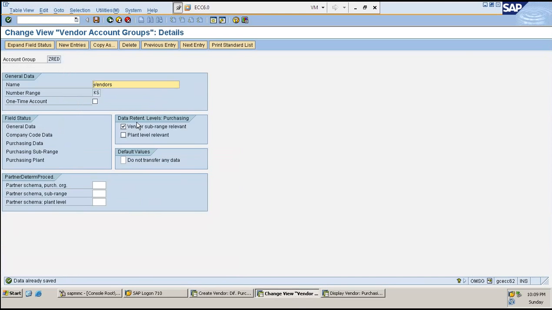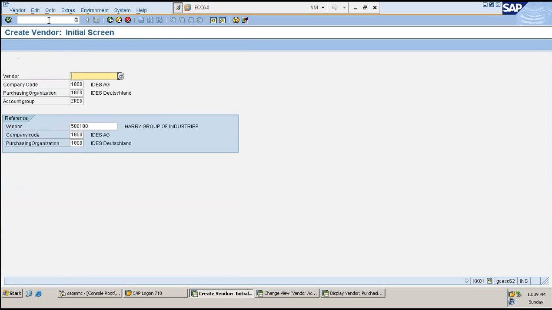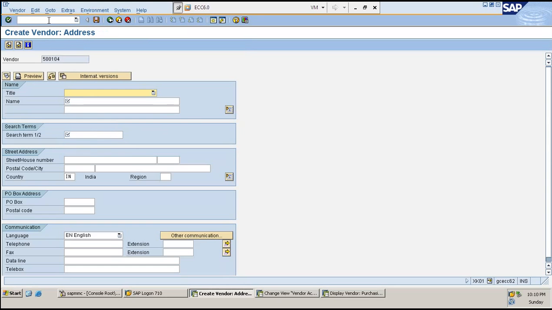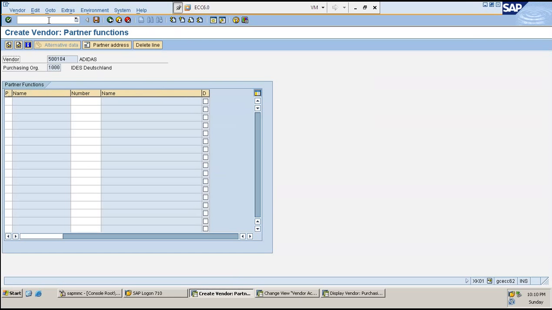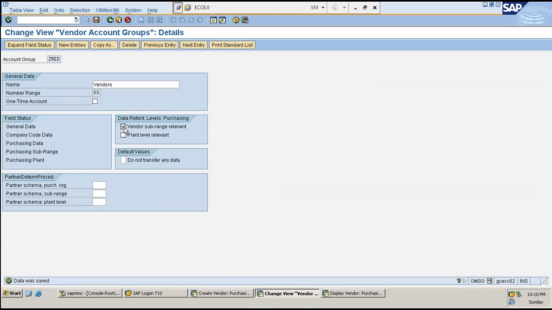Okay. And if I remove this, it's as simple as you will have to go ahead and do it manually. That's it. That's the only difference. 104. I didn't create it and add it to the purchasing view. Purchasing view, see, alternative data is not selected. If I select this particular field, it gets replicated across into the front end.